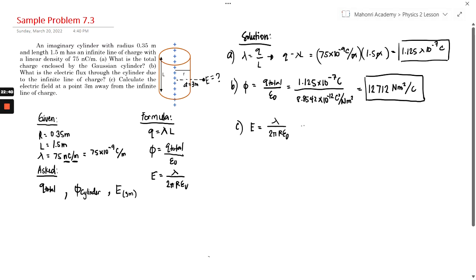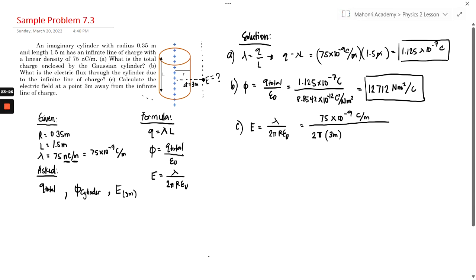So we know our lambda. Our lambda is this right here, 75 times 10 raised to negative 9 coulombs per meter, divided by 2 multiplied by pi multiplied by our radius. Our radius, in this situation, you have to be aware, should be 3 meters. Why is it 3 meters? Why not the 0.35 radius? Well, you are looking at the electric field 3 meters away. So what that means is you basically have to create